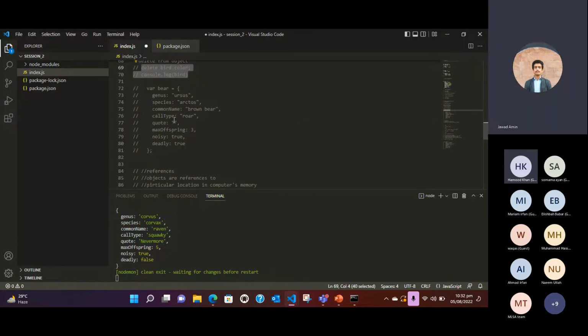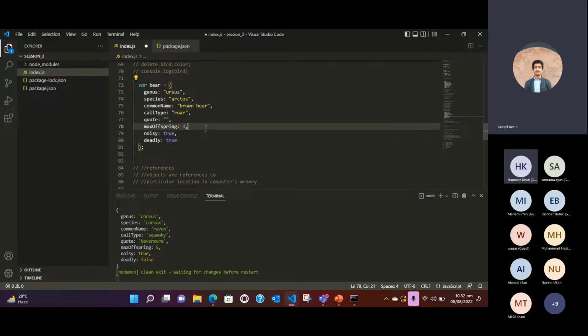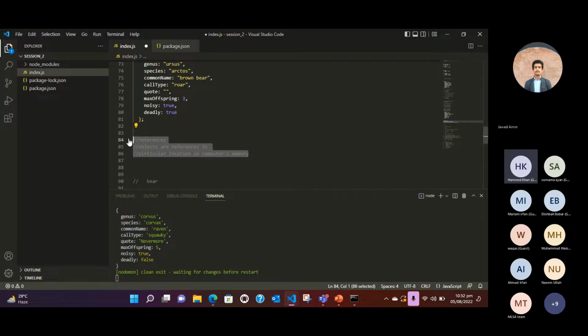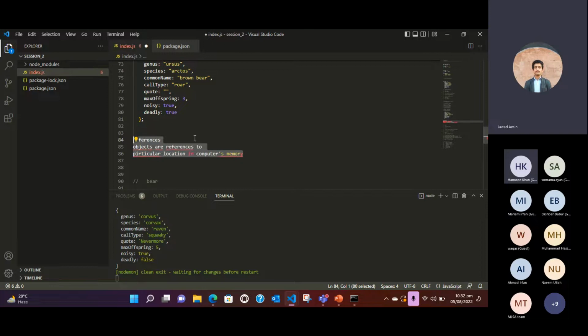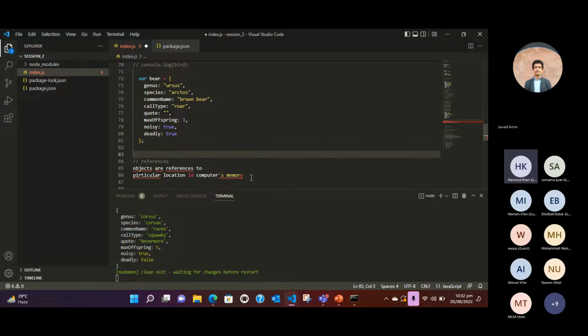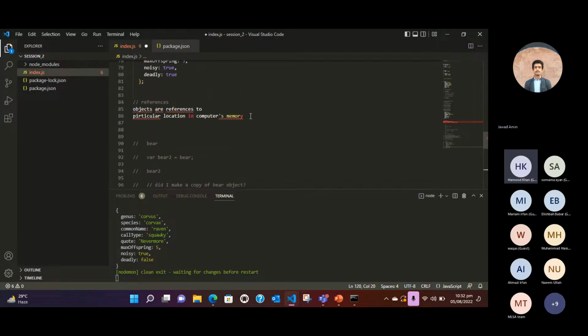Now there is something very important that all the beginners should know. It's called memory referencing, right? What if I want to make a copy of some object? This is my other object with the name beer, and what I want to do here, I have written this instruction, which is